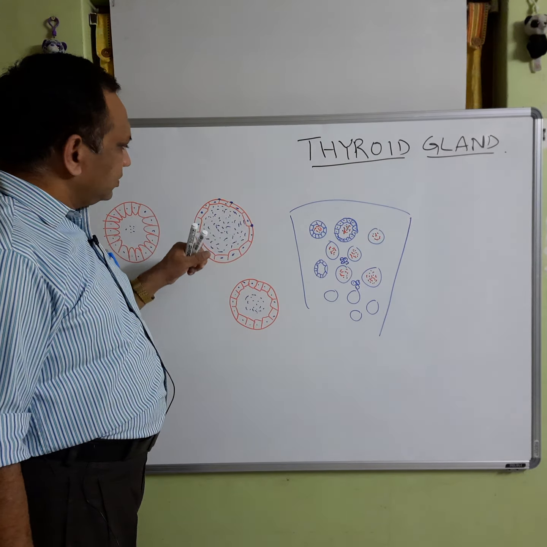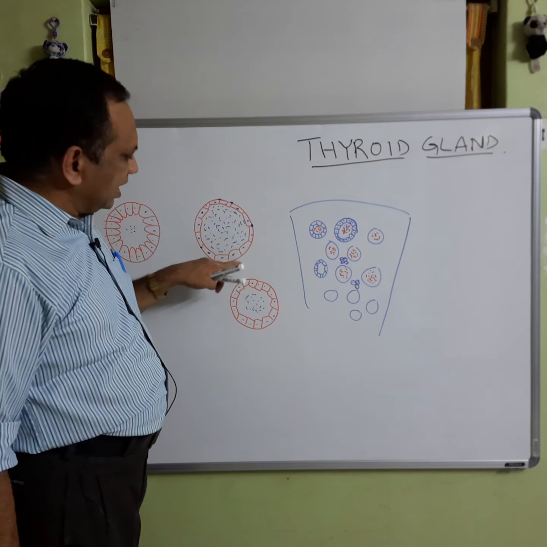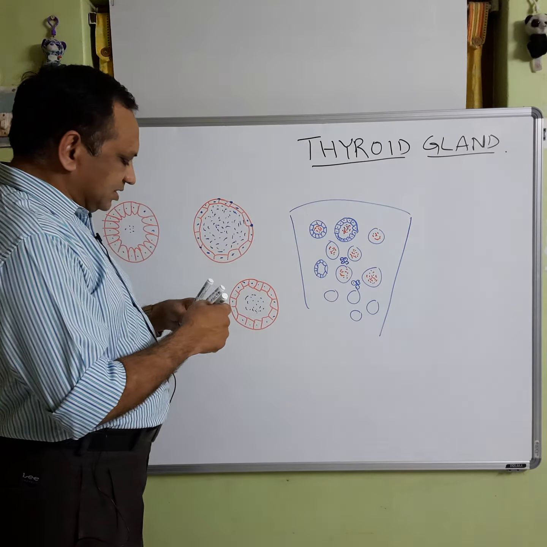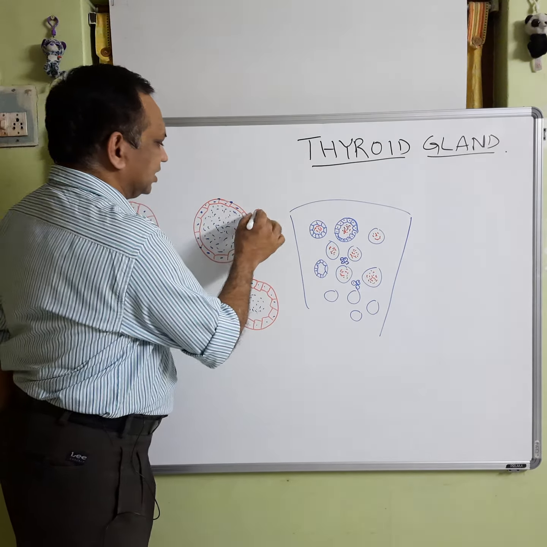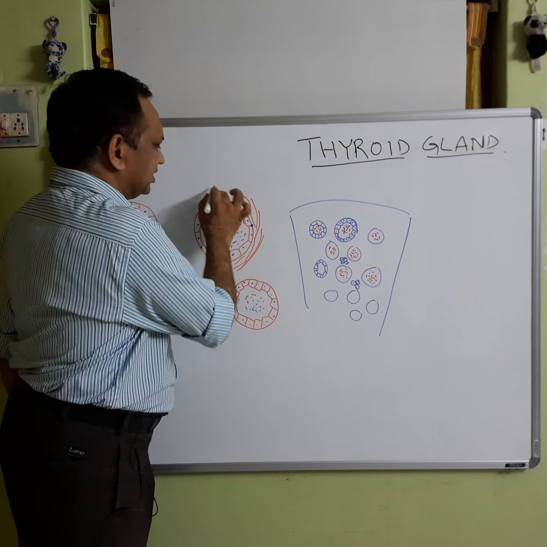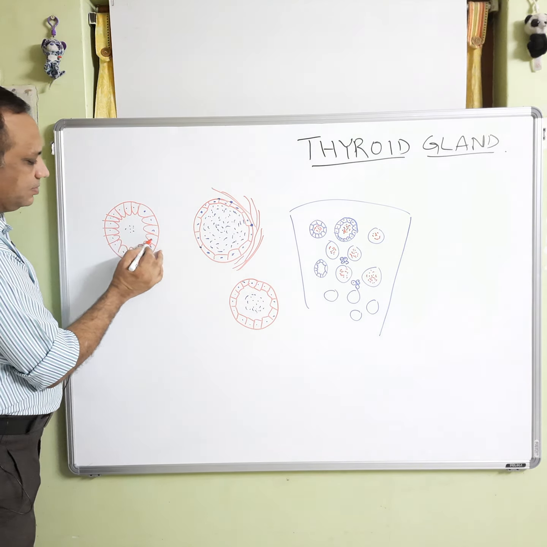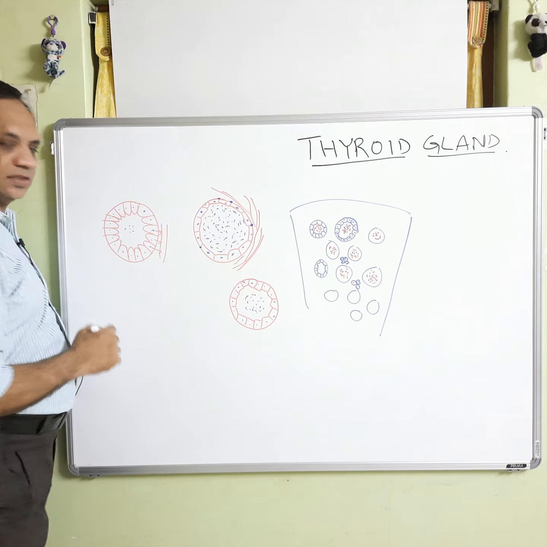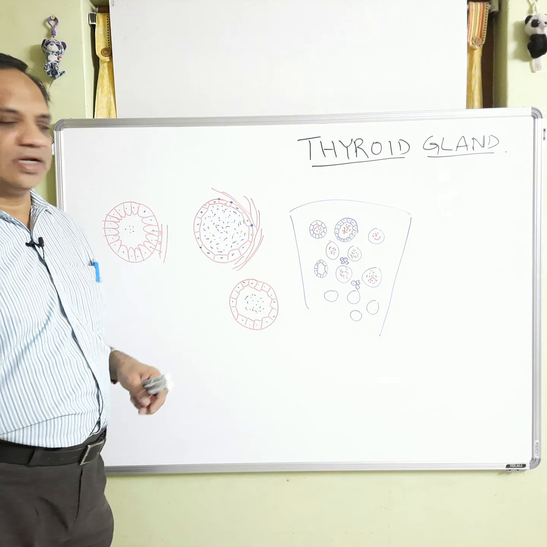Now, this entire follicle is lying within the basement membrane. You have to remember that. The blood vessels, which are forming very fine fenestrated capillaries and sinusoids, are present around the follicles like this. So, the secretions when active are released from this base to the sinusoids like this. So, this is about the microstructure of the thyroid gland.